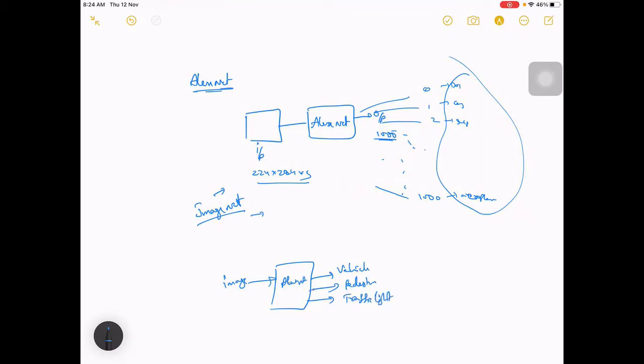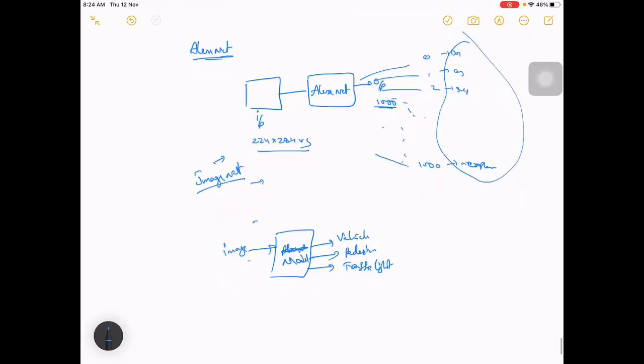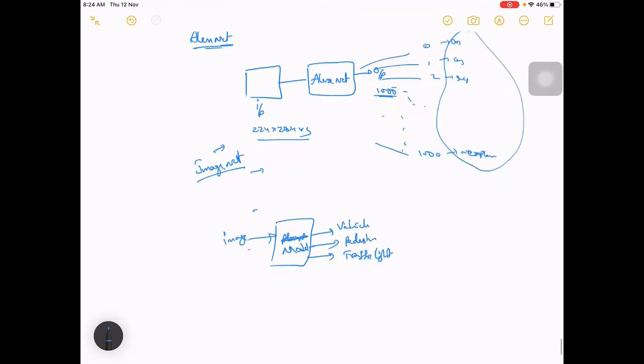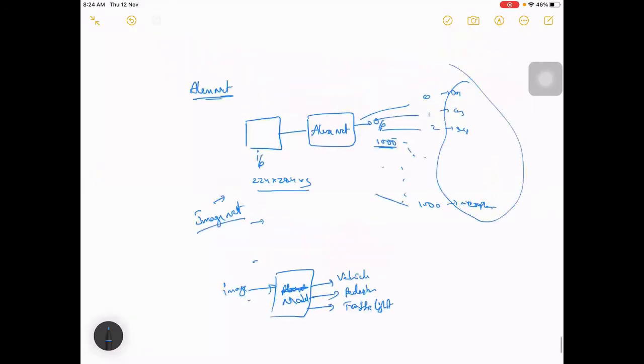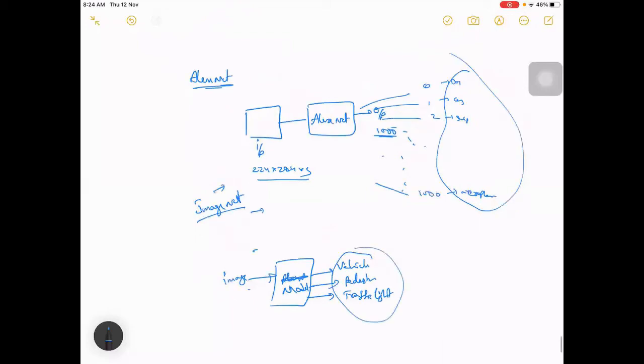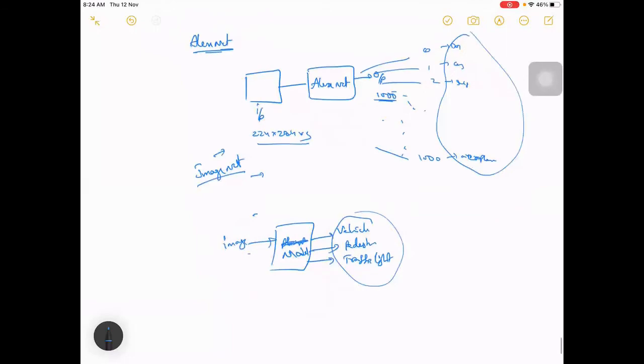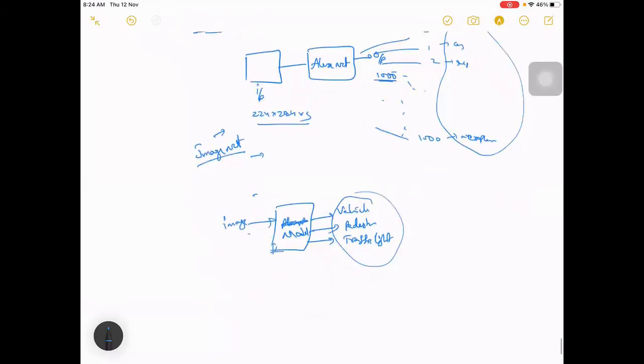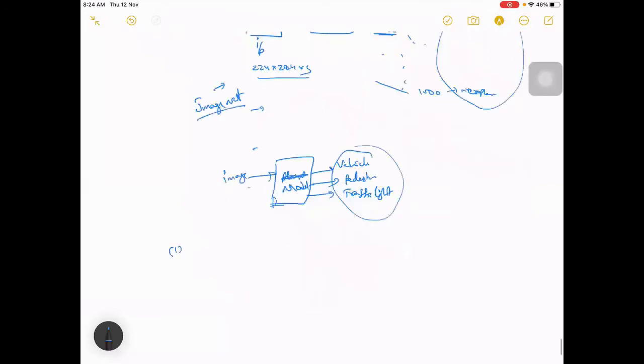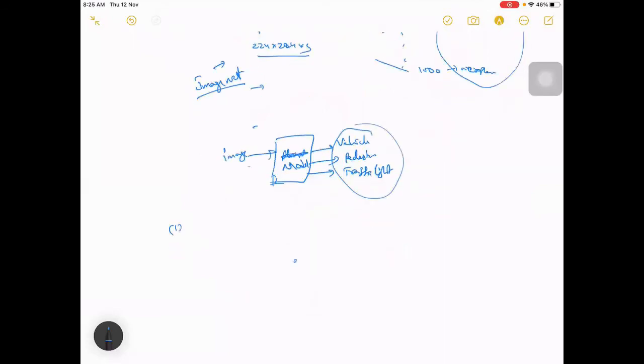So you want a final model where you pass an image and it predicts if it is a vehicle, a pedestrian, or a traffic light. But what you have is some other network, which is not trained to predict these things. Let's assume that. If you have to train a model, the basic approach by a novice person is to construct a network again, use a bunch of convolution layers, a few max pooling layers, and then train a model.